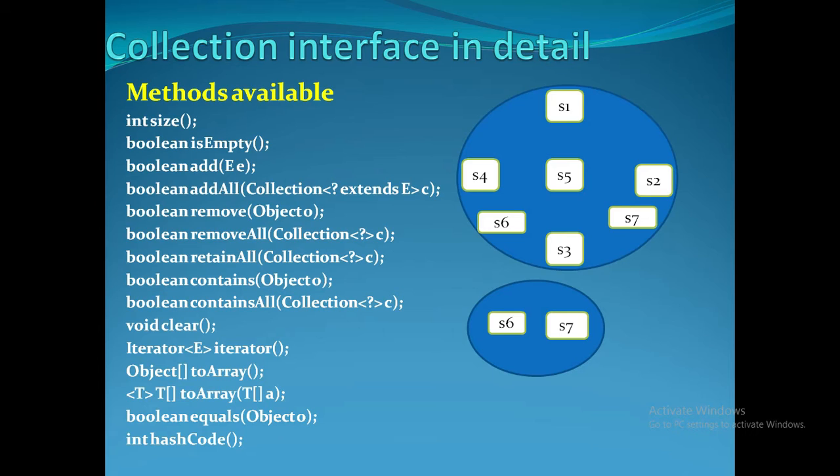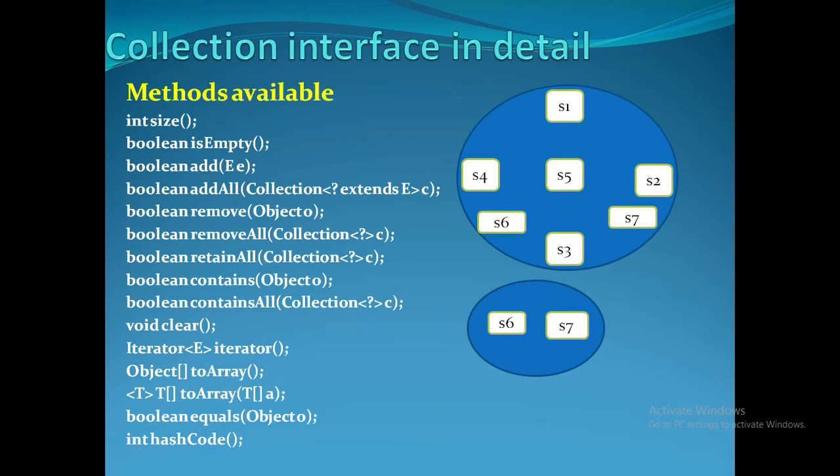So whatever the methods available in the collection interface, you can see here, will be by default available in the list interface, because list interface extends the collection interface. So whatever methods or variables are present in a collection interface will be available in list interface. You can find here all these methods, but they don't have any index kind of thing. So isEmpty, addAll, removeAll, all these methods will be available in the list.